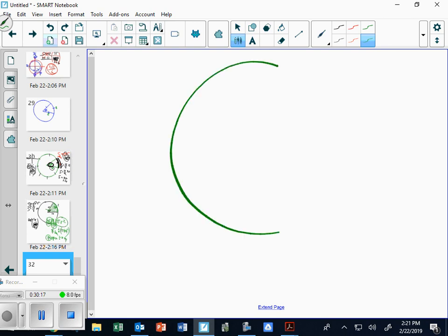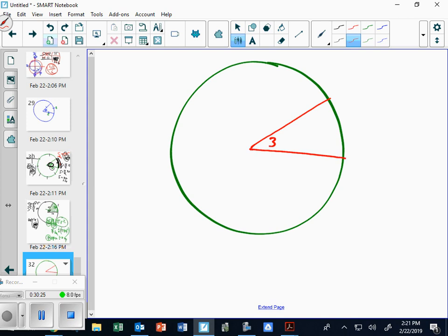Here's a circle. We've got an angle. And I'm going to go with a 30-degree angle this time. Right away, your brain should be processing what's that in radians, because you're going to need the radians. And I want to know if this is a radius of 11,